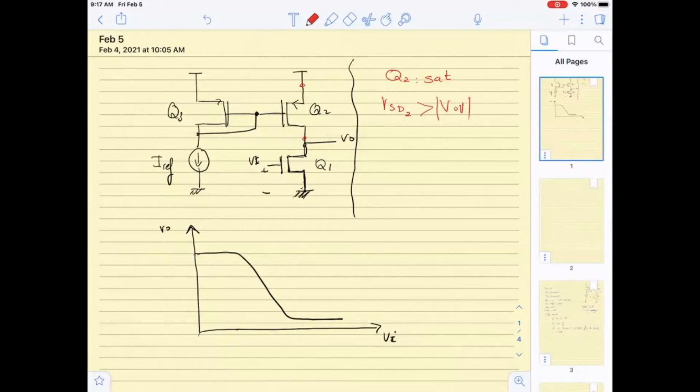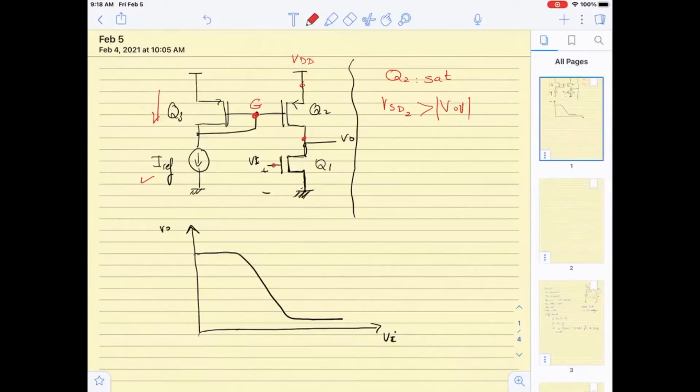Now, the first thing that we need to know about this circuit is when I reference is fixed, the current that flows in Q3 is fixed, and by virtue of that, the voltage point here, which is the common gate between the two transistors Q2 and Q3, is also fixed. VDD is fixed, so I have a fixed VOV for this circuit. I reference is going to determine VOV, and we'll take a problem about this later. So for Q2 to be in SAT, as a function of Vn, VO may vary, but we want to guarantee that this is satisfied,